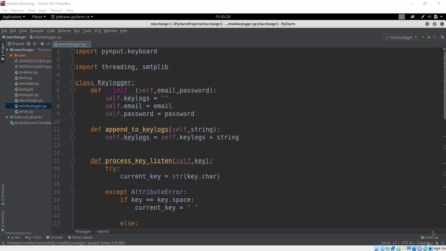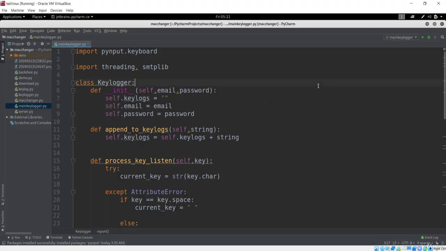Now we have our keylogger perfectly working, and we saw the examples in the previous lecture. Now let's see how we can give this keylogger to our client so that it could interact with our Gmail and send us the keylogs. We'll see the packaging technique in the next lecture, but for now we'll just see how we can give this through links, and we'll see about the download process in the next lecture. That will be the interesting lecture.